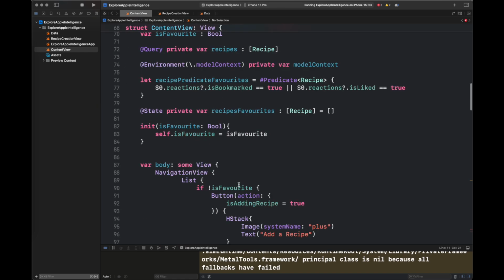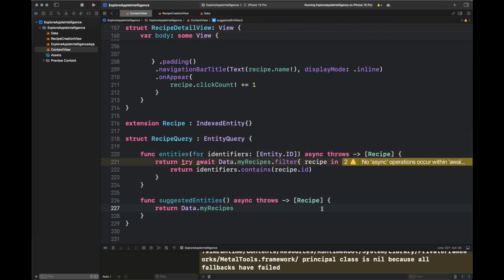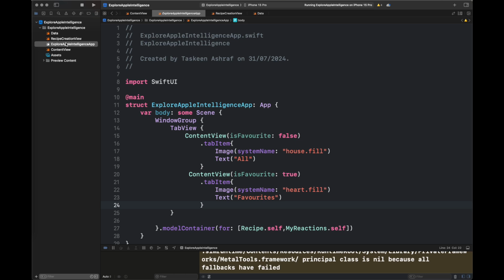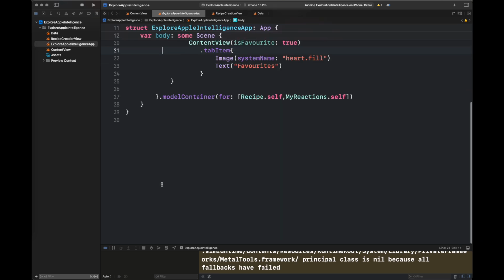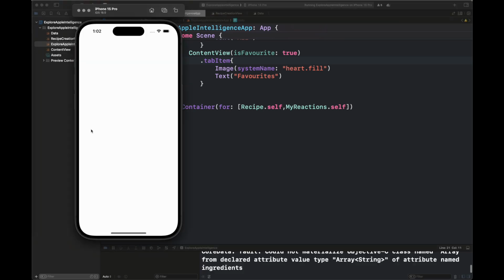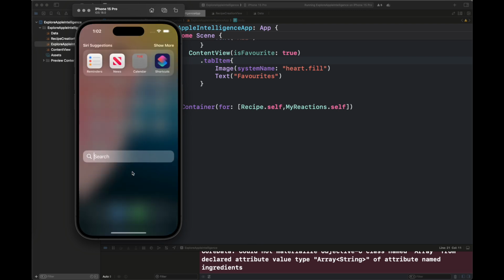Add the framework of course Spotlight here, which is going to remove the error for CSSearchableIndex. After that, I need to edit the definitions of my recipe query so that all the errors are fixed. When I run the code, I'm going to show you in the search bar in Spotlight that